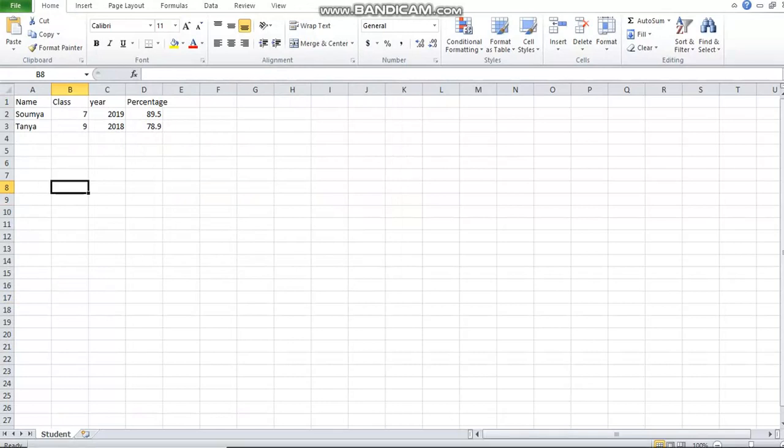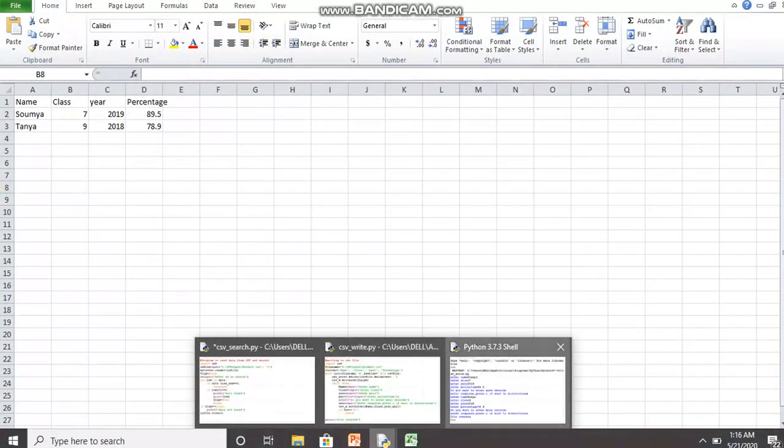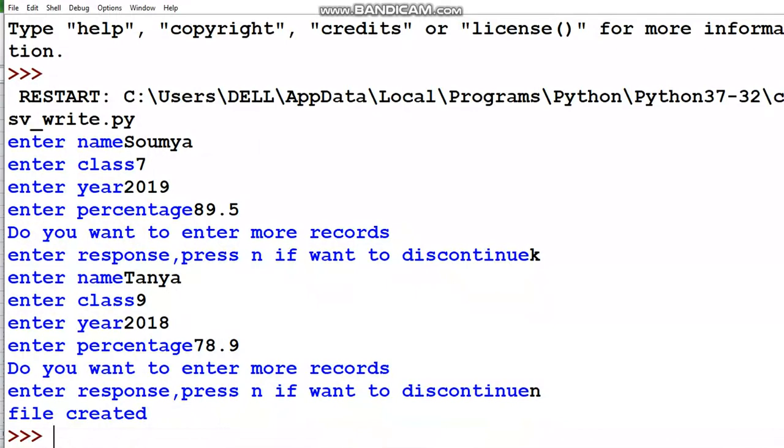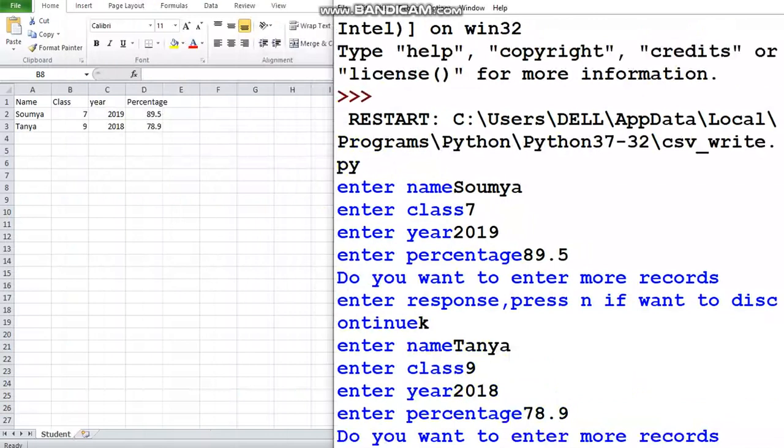Just now you can compare it with the output screen. Soumya 7 2019 89.5. The header row we can already see in the coding section. So the first row is this, the second row is Tanya 9 2018 78.9.